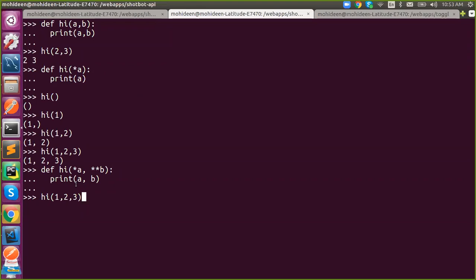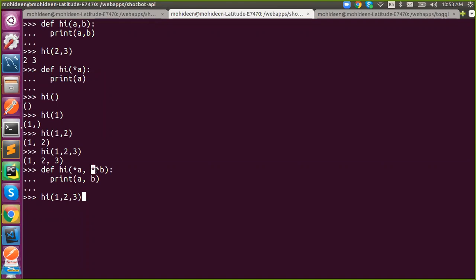I said in a parameter, star and double star are going to pack your values, not unpack. Here it will pack your positional arguments into a tuple. How about double star? What might it do?